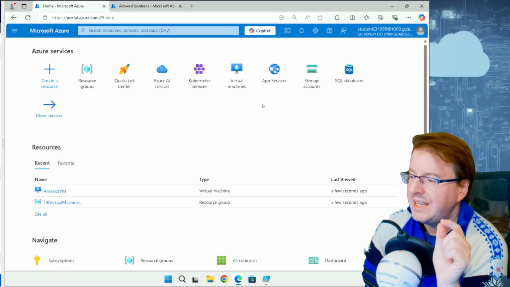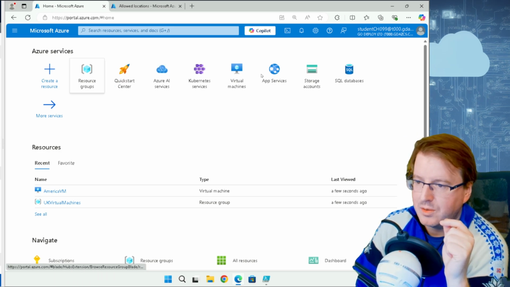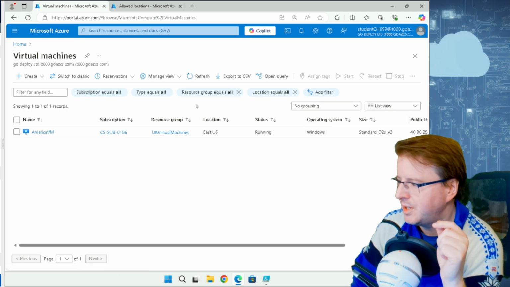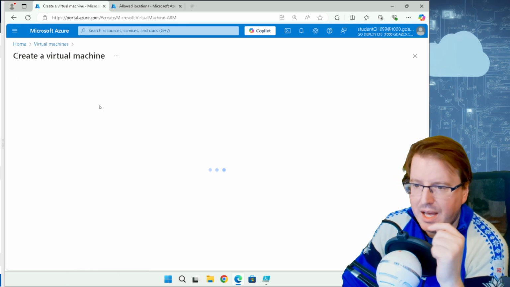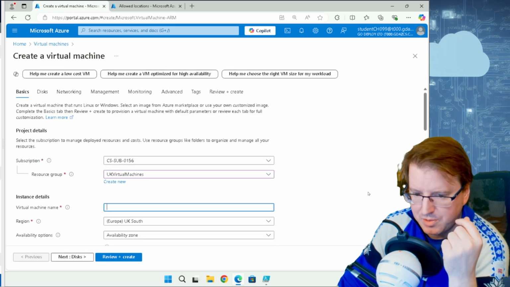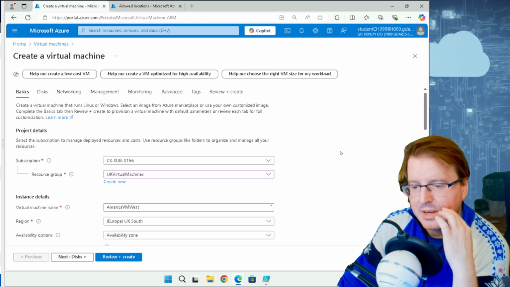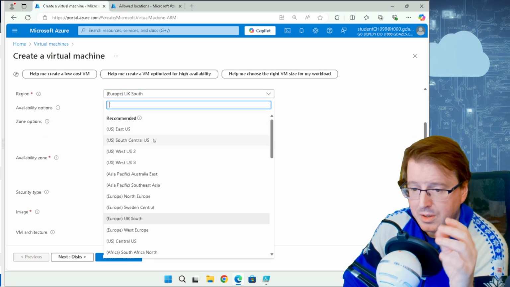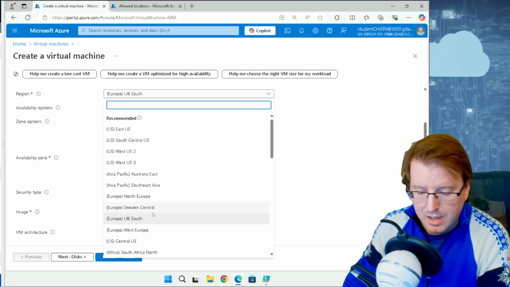So if I come down here into my virtual machines and I go and create another virtual machine down here, and I, for example, call this virtual machine, let's put it inside UK virtual machines again. Let's call this America VM West down here. We're not going to deploy it in UK South. We're going to try and deploy this into West